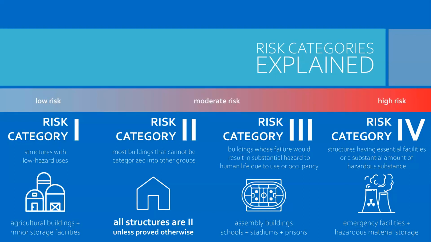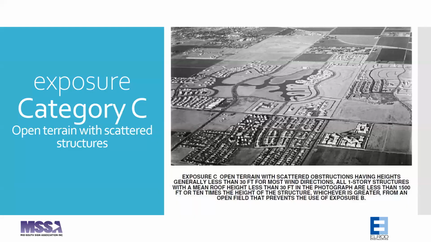So what about exposure categories? As I mentioned before, the exposure category is a reflection of the topography in the surrounding built environment. Essentially, you could think of this as a measure of the roughness of the ground. As an example,